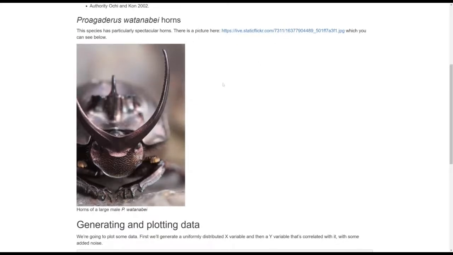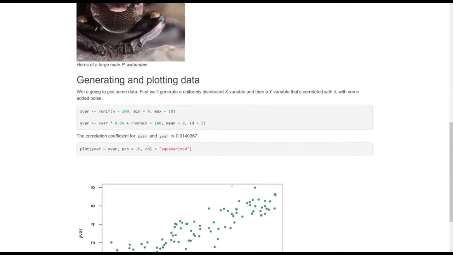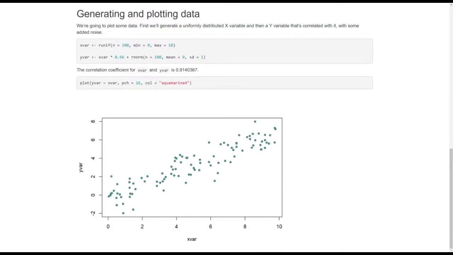There's a URL there, and if you're putting an image in a Markdown document, the image doesn't have to be on your hard drive. You can pull it off the internet as well. So you can use that URL to put an image in the document, and then very similar to what was in the other document we looked at, there's just some code there to generate a